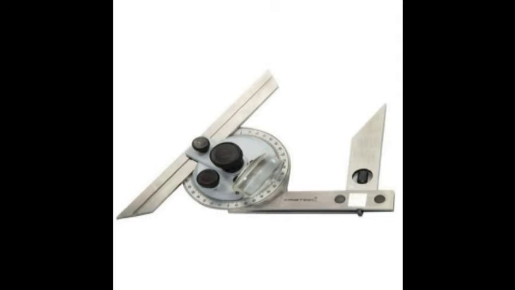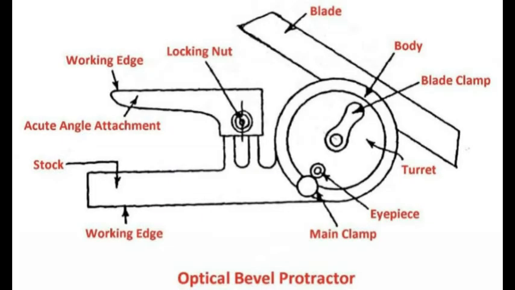Okay, and now coming to the optical bevel protractor. It is the recent development of the vernier bevel protractor. By using this instrument, it is possible to take readings up to approximately 2 minutes of arc. And the internal circular scale is graduated in divisions of 10 minutes of arc. So the readings are taken against the fixed index line or vernier by means of an optical magnifying system, which is